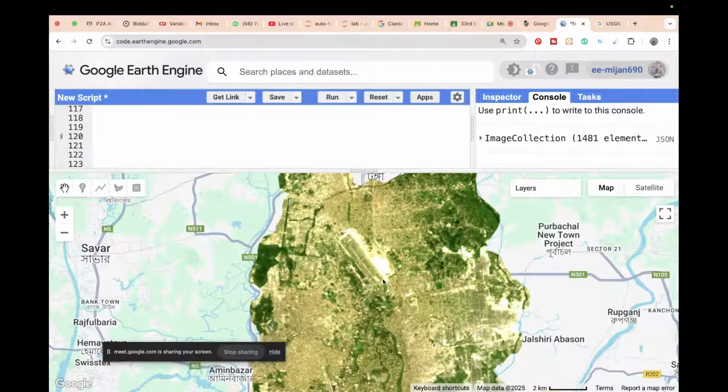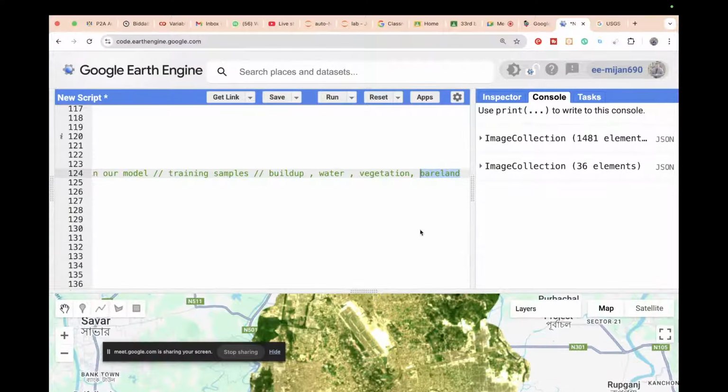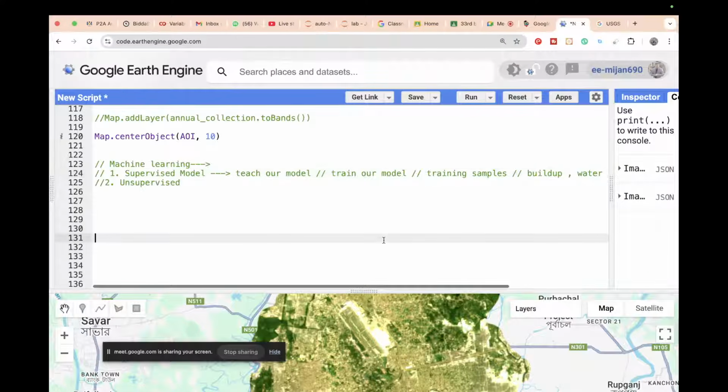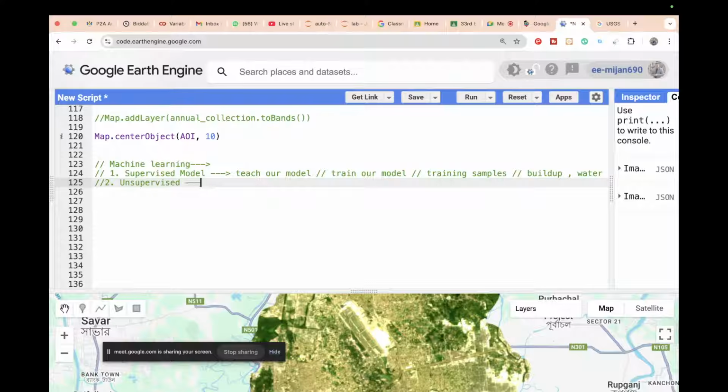So then this model uses its own experience and further makes the full land use land cover classification and identifies the water body, identifies forest, identifies vegetation, identifies barren land, everything. Okay, so this is the way we need the training sample to teach our model. But for the unsupervised, this is another model for teaching. So unsupervised learning